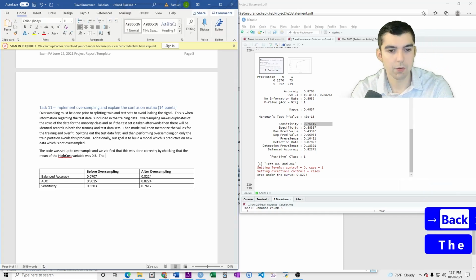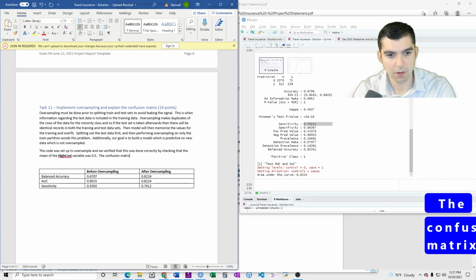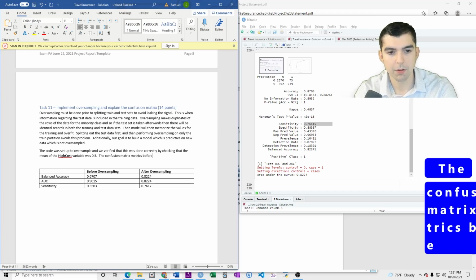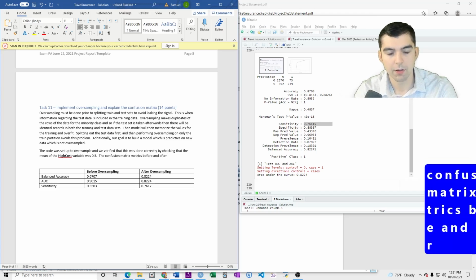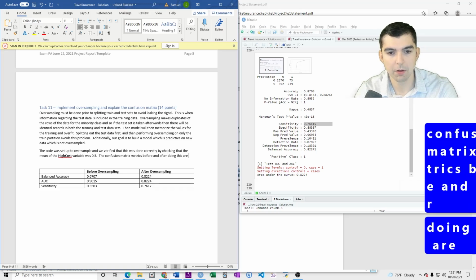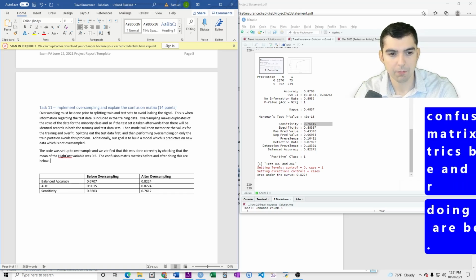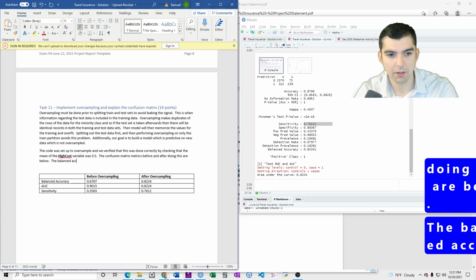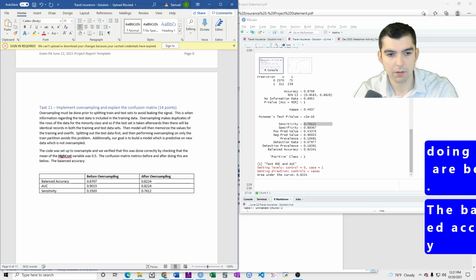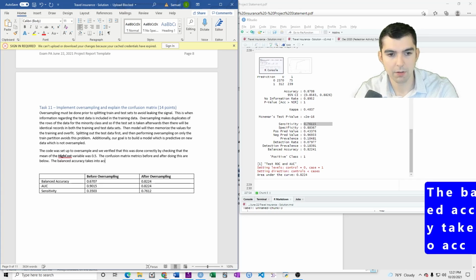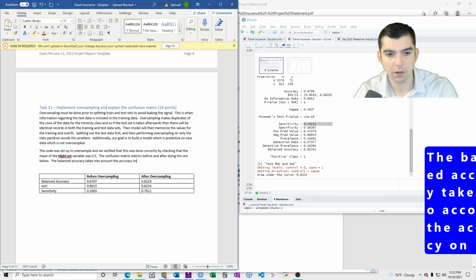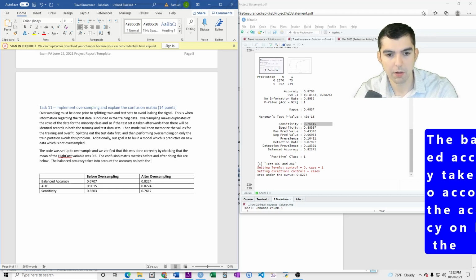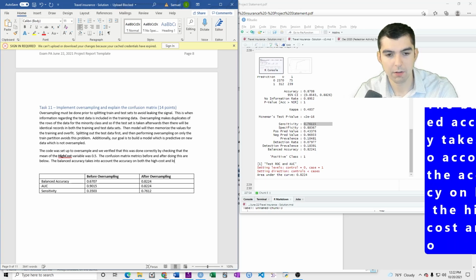The confusion matrix metrics before and after doing this are below. The balanced accuracy takes into account the accuracy on both the high cost and low cost trips.